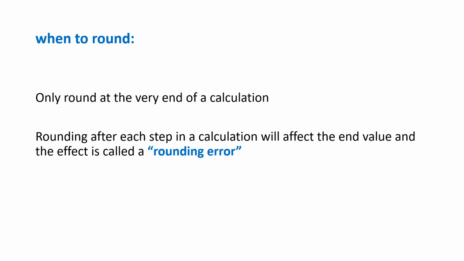So when would we round? Here is the bugbear of chemistry teachers. You only round at the very end of a calculation. Rounding after each step in a calculation will affect the end value. And that effect has even got a name. It's called a rounding error. So please don't do that for your own